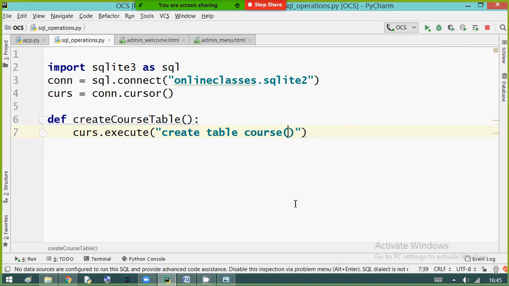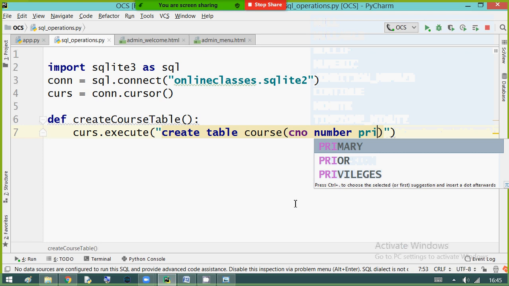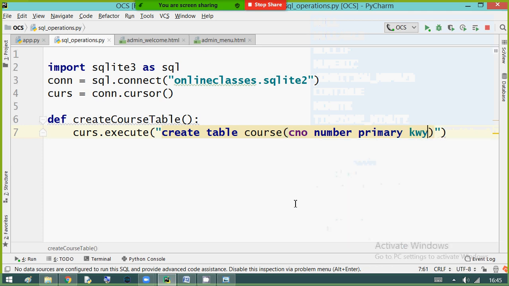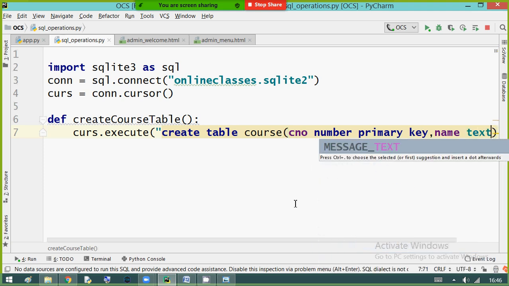First, CNO, course number, number type, which is primary key. Yes, course number is a primary key. Then the name of the course, that is text type.